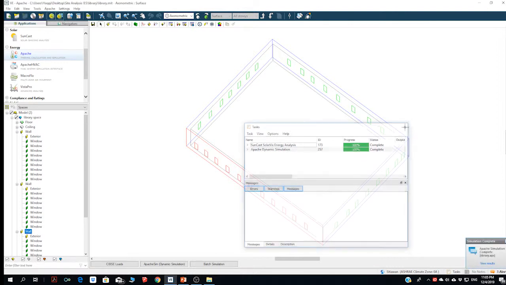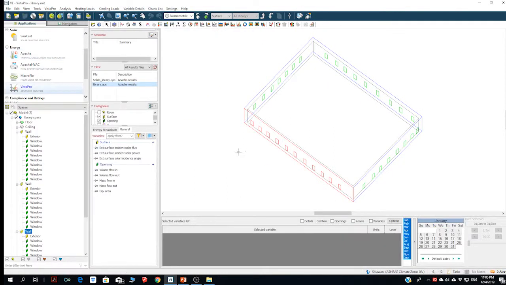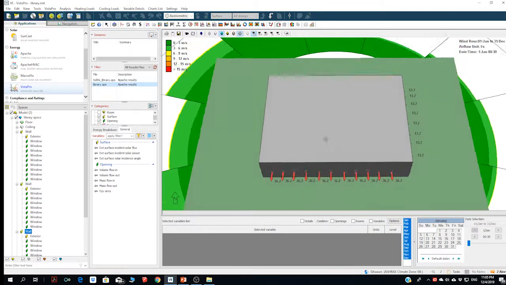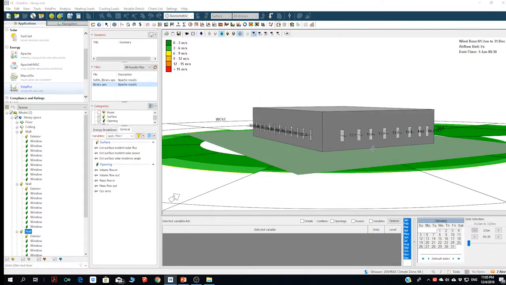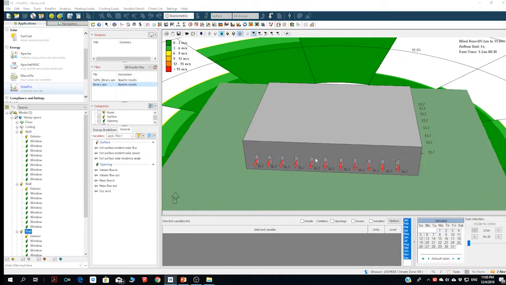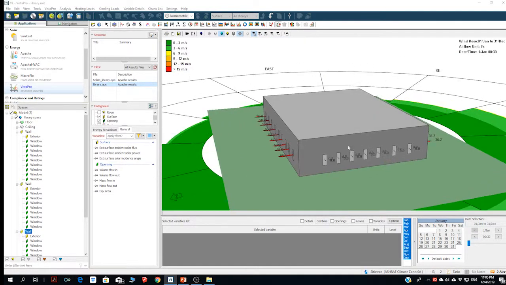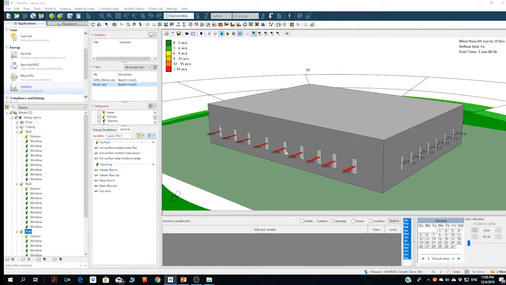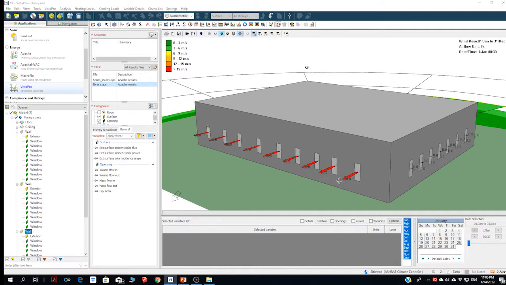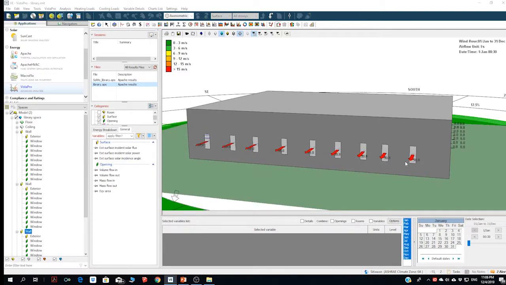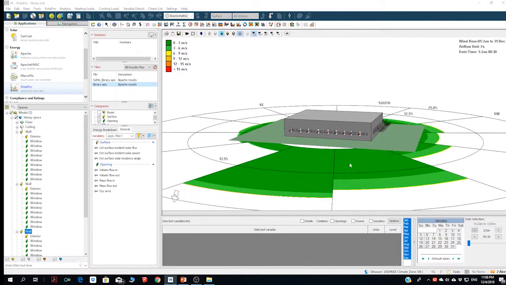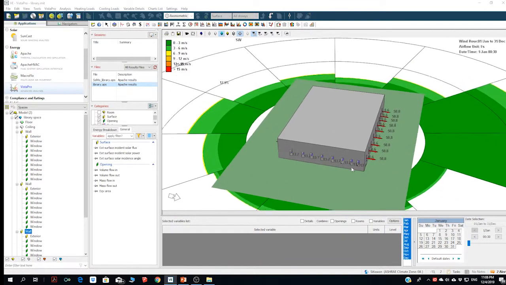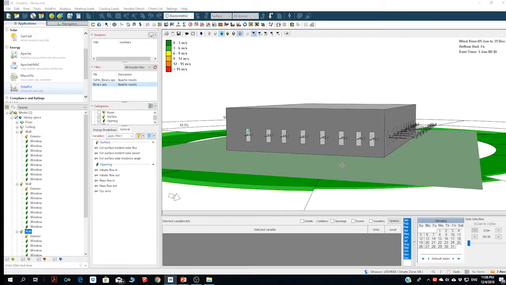Alright, now let's see what happens to the information if we've changed the window opening time. Now you can see, because this is based on a yearly manner, the default window has no air movement. Okay, 0. But this is at the back, so this is a top hung. You can see that there's a lot of air coming out instead of going in. But this one, you can see there's air going in